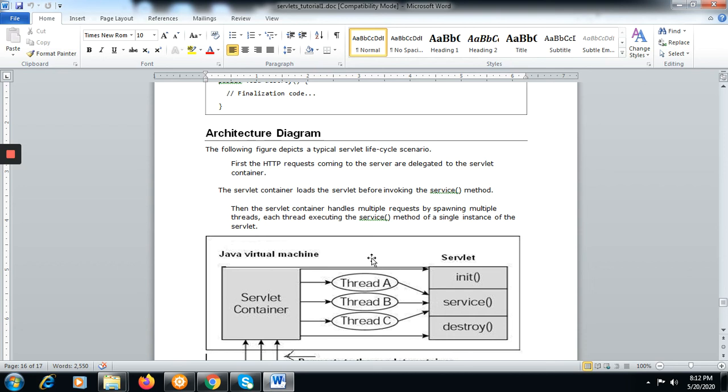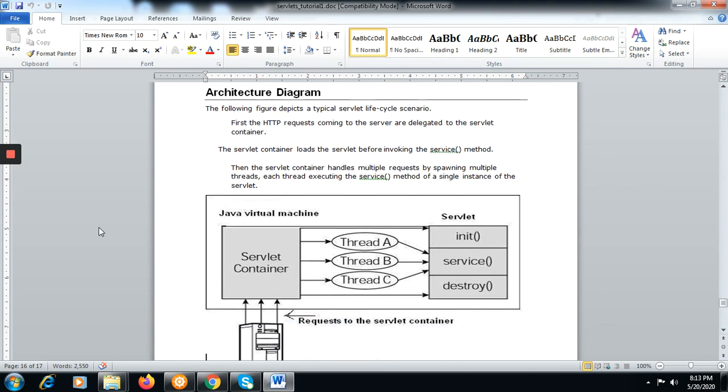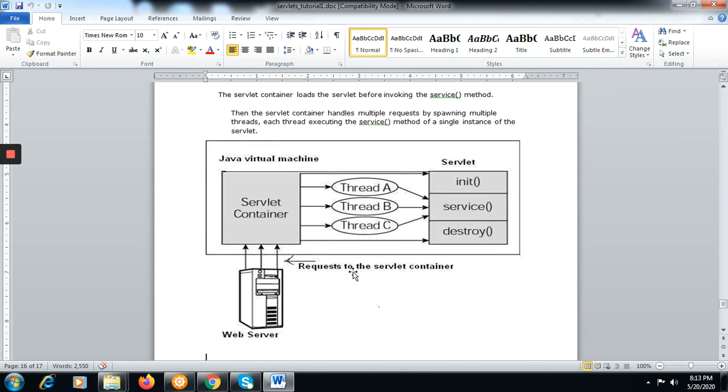So if somebody asks whether servlets are thread safe, no, they are not thread safe. Why? Because if there are some servlet level parameters used by the service method, and thread A manipulates this servlet level parameter, thread B will get different values. So these are not thread safe components. And the request goes to the servlet container, the web server.